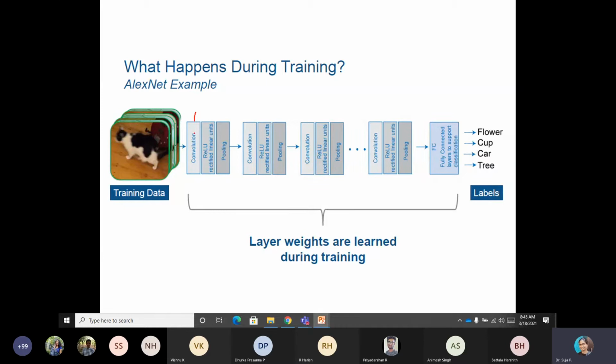Also in the same layer, same level, you will have another filter which can extract this region, another filter which can extract this region, another filter which can extract the body region. So you will have some 10 filters in one level which will extract small regions, so that the complete part of the object is extracted.